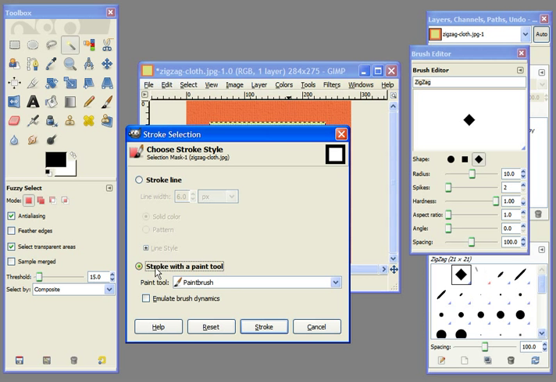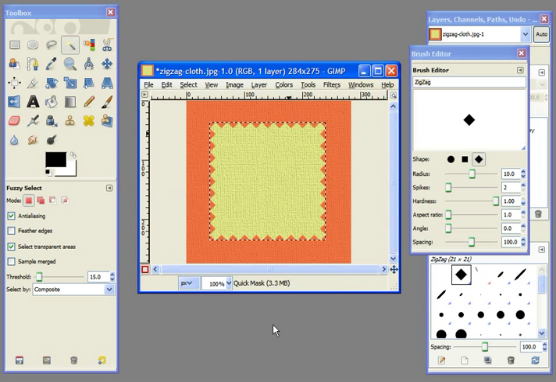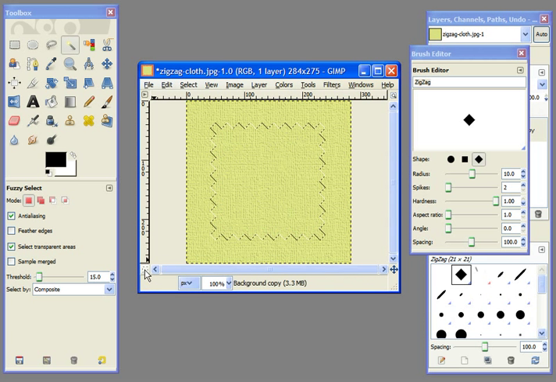And you can see there it does a nice little stroke, and because we picked 10 pixels, which is a nice even multiple of the selection size we had, it lines up quite nicely around the corners and you don't get any weird little angles. So you can simply turn this back into a mask by untoggling quick mask, close up the brush editor, and